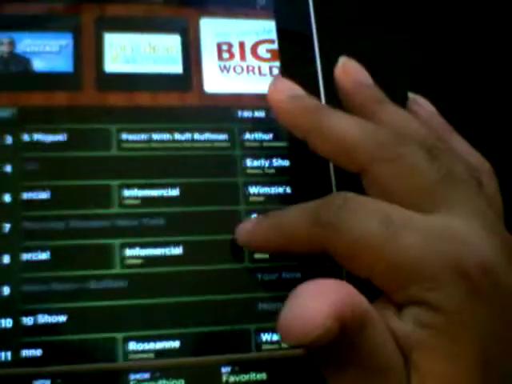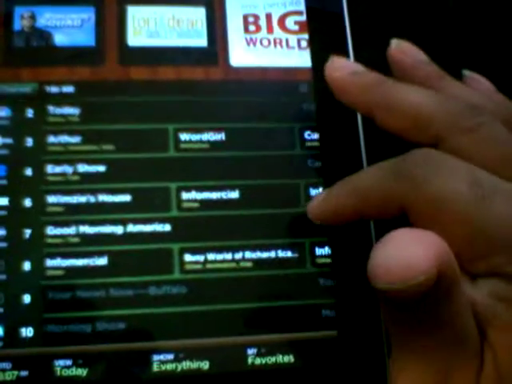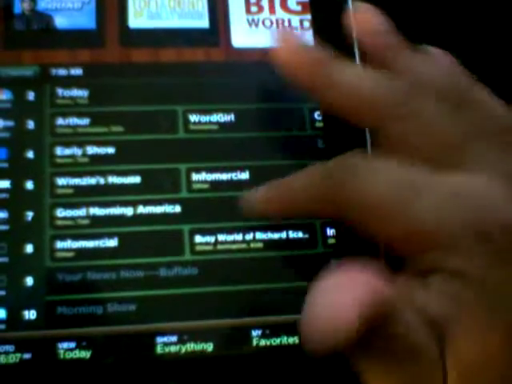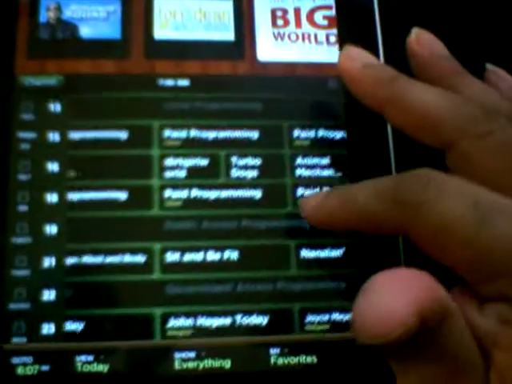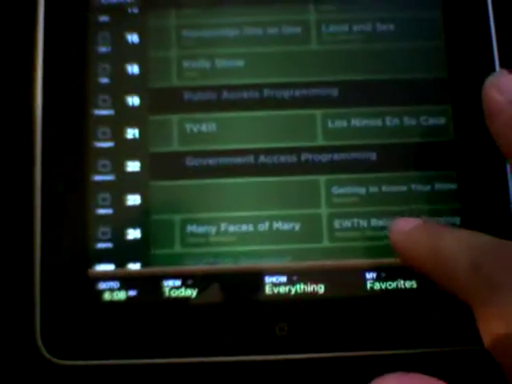I wonder, did they take Jane? I wonder if you could do a search. If you could search a program and find out when it comes on, that would be the joint. That would be crazy. So there are the cartoons, Arthur, Word Girl, and the infomercials and stuff like that. Then you can see how long they're playing, they go green, so you know how long they play. But they're the bright green ones. So this is the go-to at the time. I really like this. I really like it a lot.